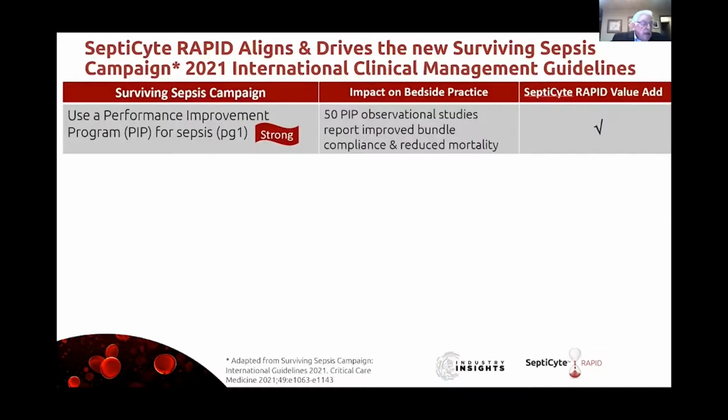Dr. Balk reviewed in detail the Surviving Sepsis Campaign, who recently published a number of sepsis management guidelines. The most recent was published in November 2021. There were several recommendations made in which we see Septicide Rapid having a role in assisting with or complying with these recommendations. The first was the strong recommendation that those managing sepsis programs establish a performance improvement program to monitor